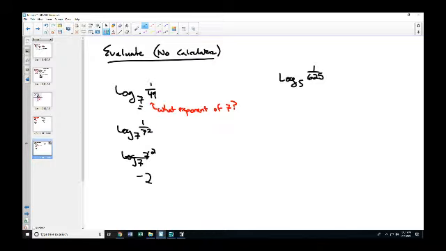What's the question? This is 1 over 5 to the 4th, correct? And then that makes it 5 to the negative 4, so the answer is